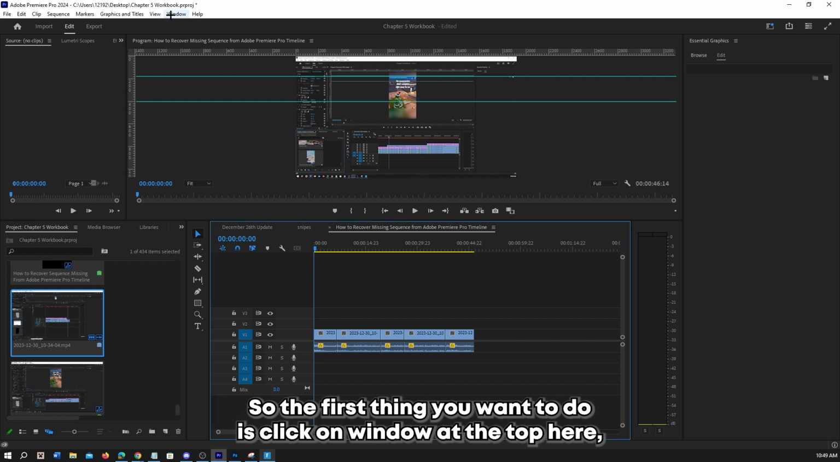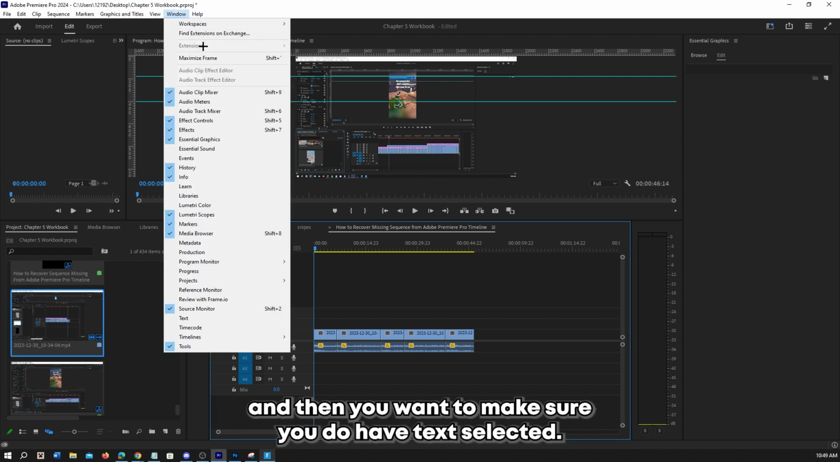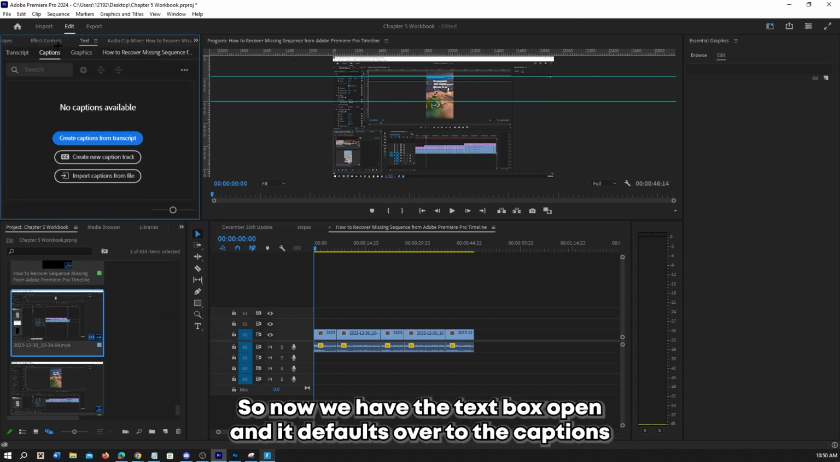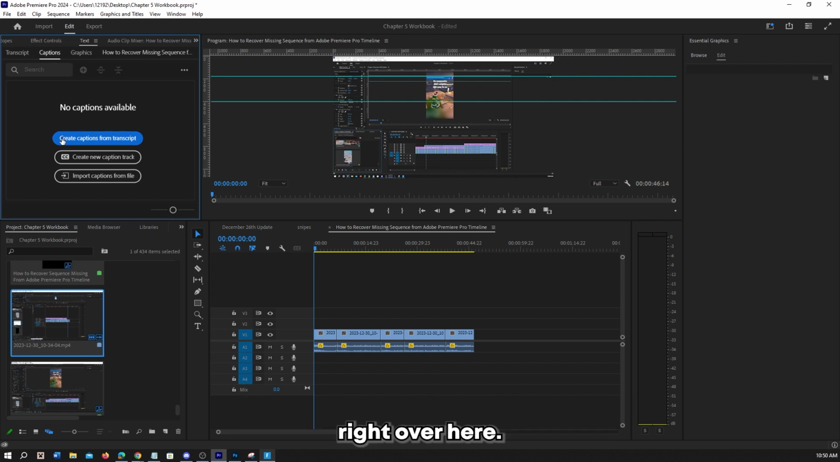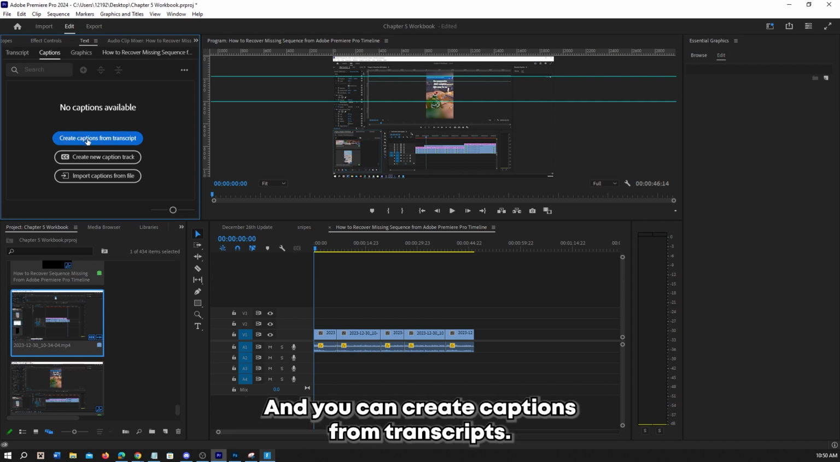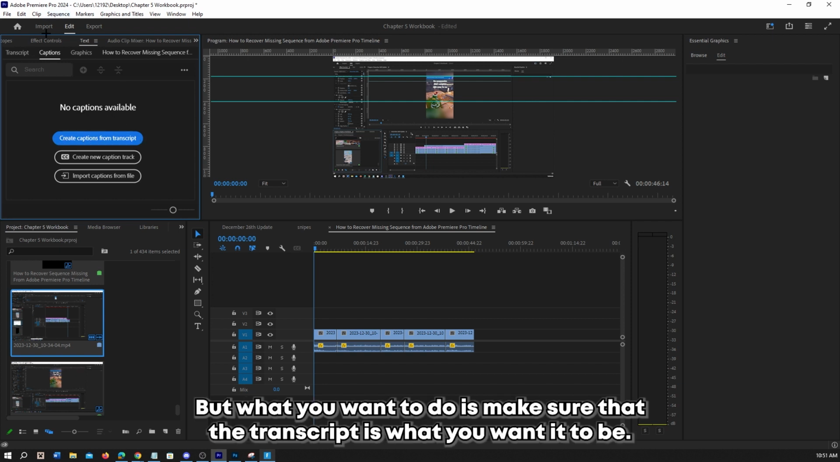So the first thing you want to do is click on Window at the top here, and then make sure you do have Text selected. Now we have the text box open and it defaults over to the Captions tab right over here, and you can create captions from transcript, but what you want to do is make sure that the transcript is what you